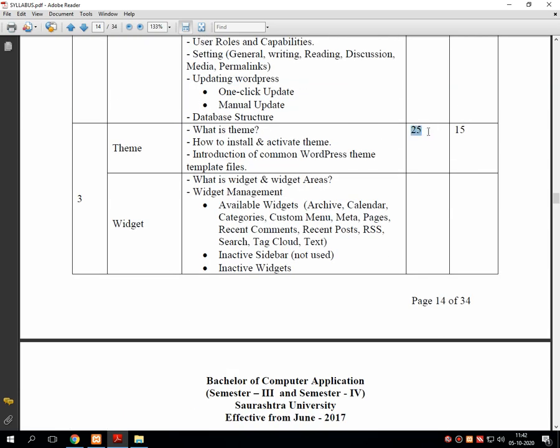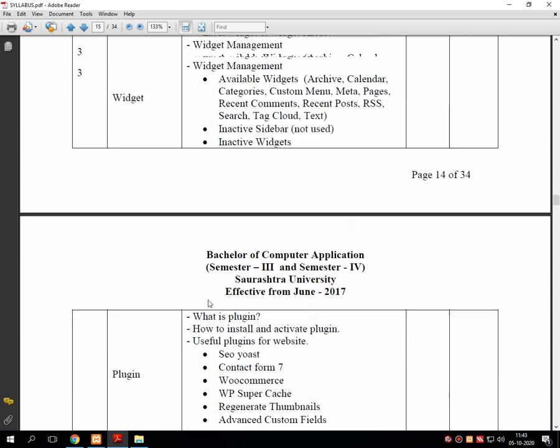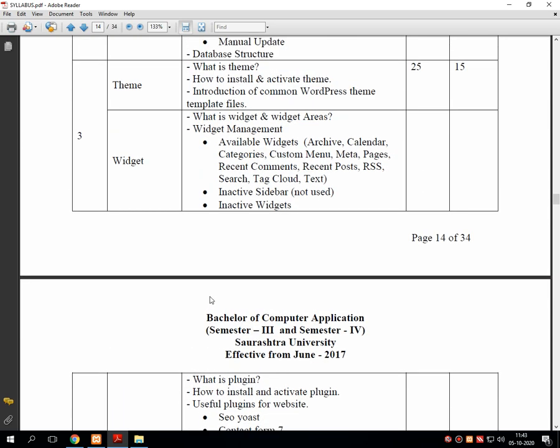So over here our unit number 3 with theme, widgets and plugin gets completed, which is of total 25 marks. So I hope all of you have a very clear cut idea about every topic. I request all the students just go through each and every video lecture of unit number 3. Just look at every section. You will get a clear cut idea about what the theory or practical will try to teach us.